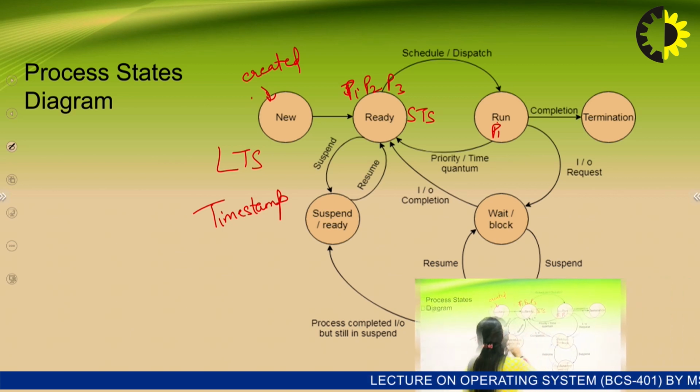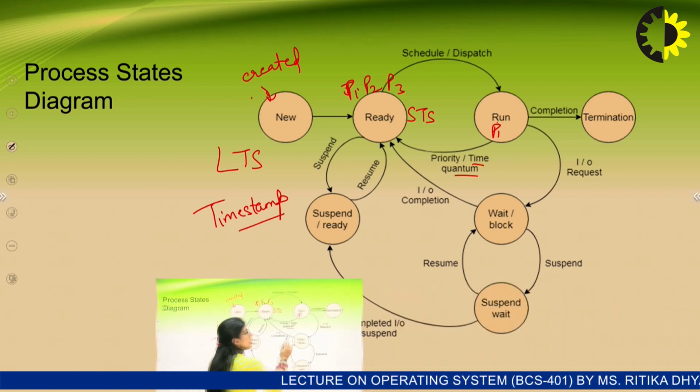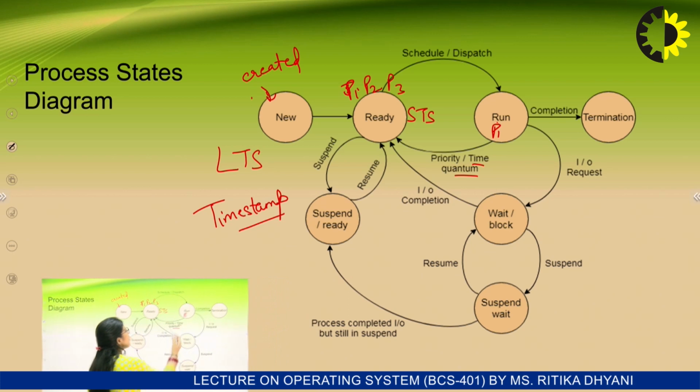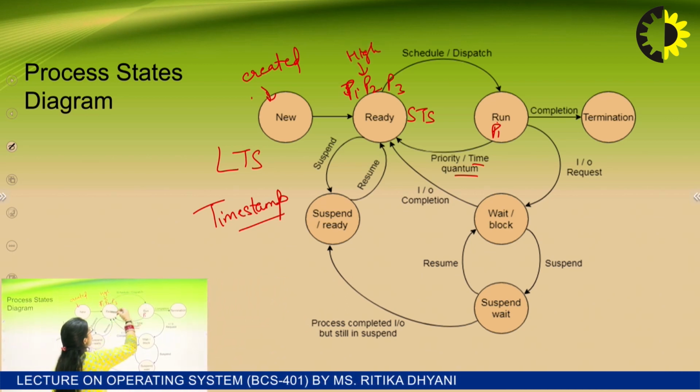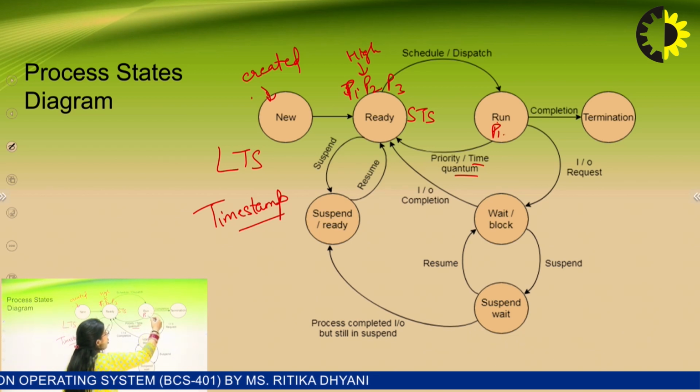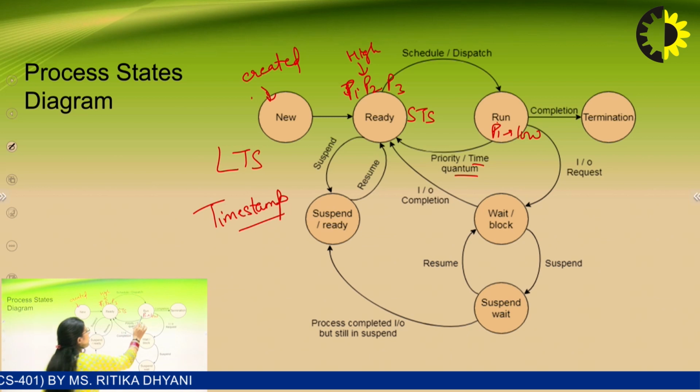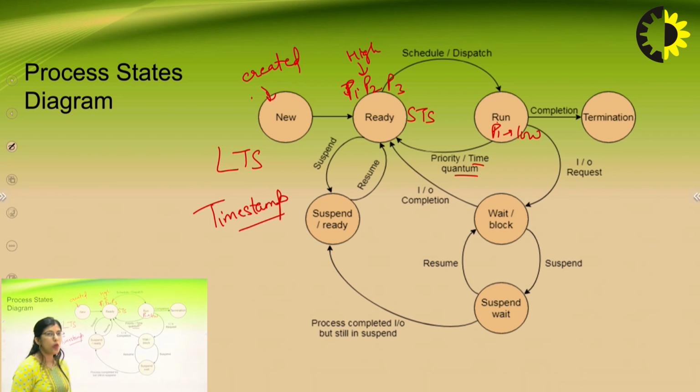When this time quantum expires, or when another high priority process comes to the ready queue, then this low priority process needs to be removed from the CPU and it gets back to the ready state again. Let's say no interruption is there, then if P1 requires an input output device for its execution,